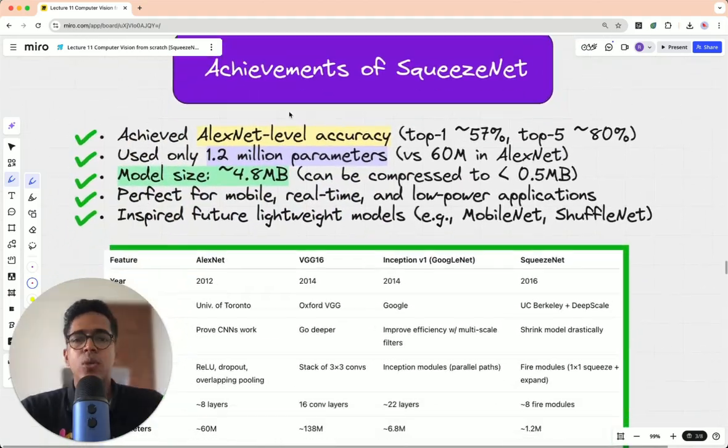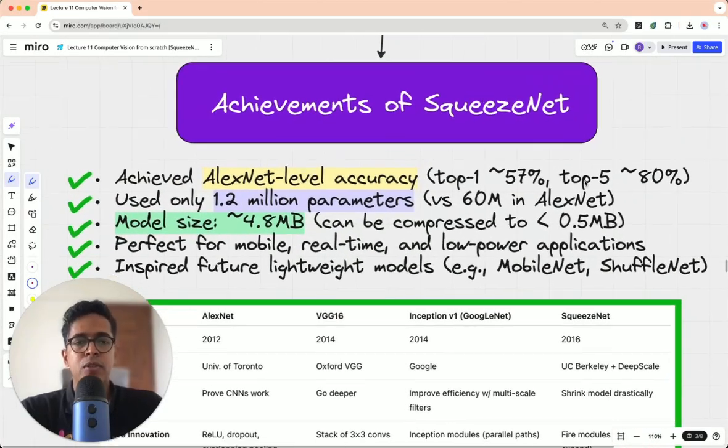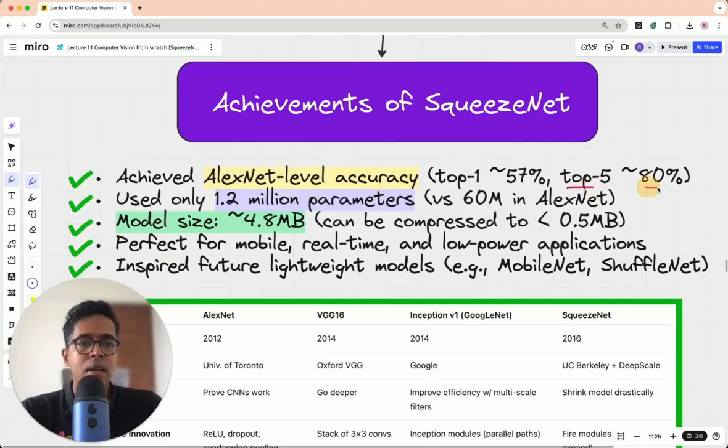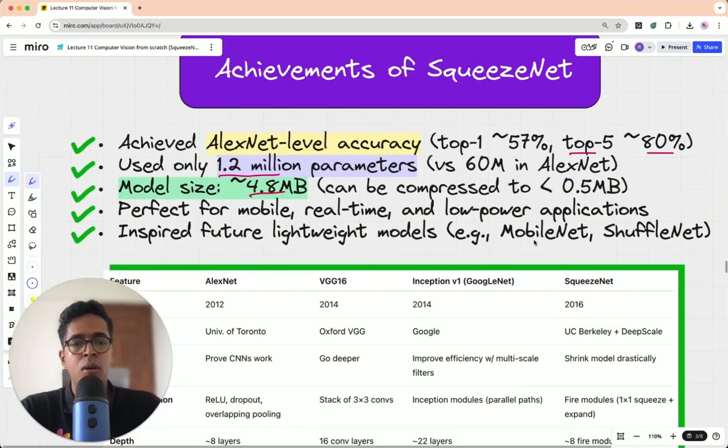Now in SqueezeNet, what did they accomplish? They accomplished, as the paper claims, AlexNet-level accuracy. So the top 5 accuracy in the ImageNet competition was 80 or 83%, and there were only 1.2 million parameters. I'll show you the proper comparison between these 4 architectures. AlexNet had around 60 million, VGG 138 million, Inception V1 had 6.8 million. And the model size was 4.8 MB, which makes it very much suitable for mobile phone based applications, basically lightweight applications. And this also inspired future models like MobileNet, which was very famous, ShuffleNet, which is also